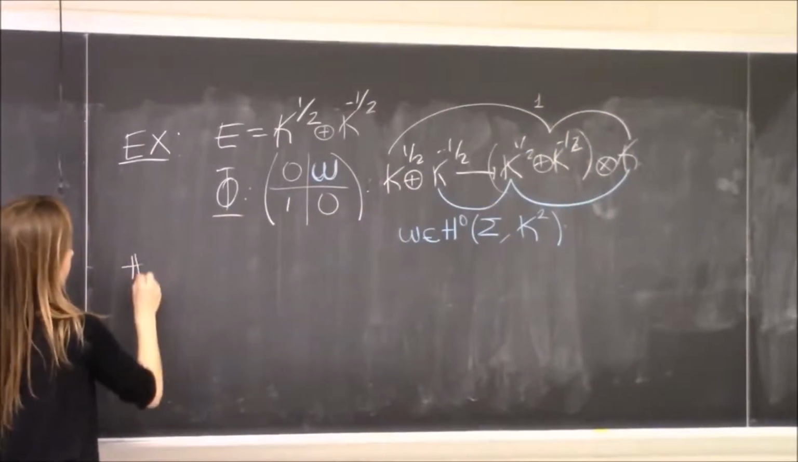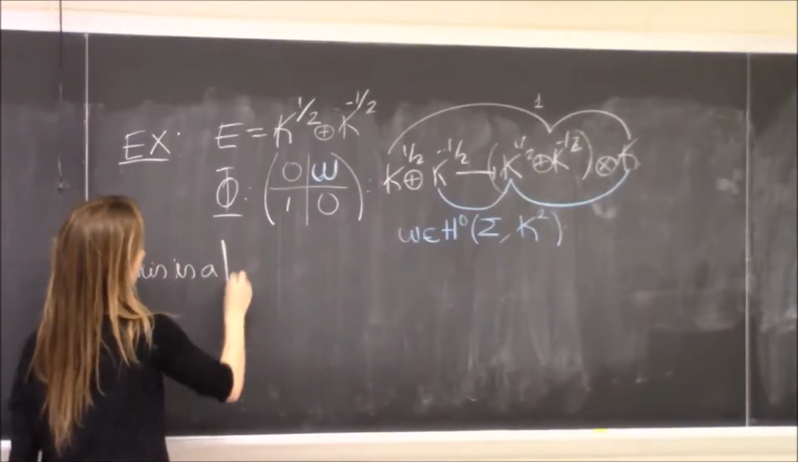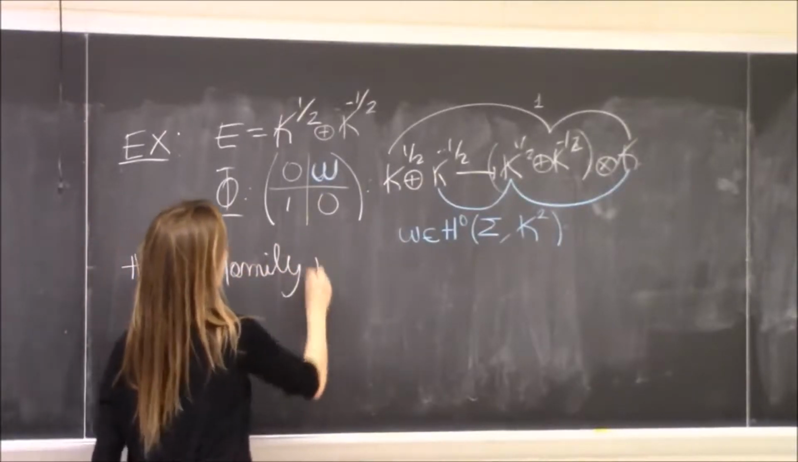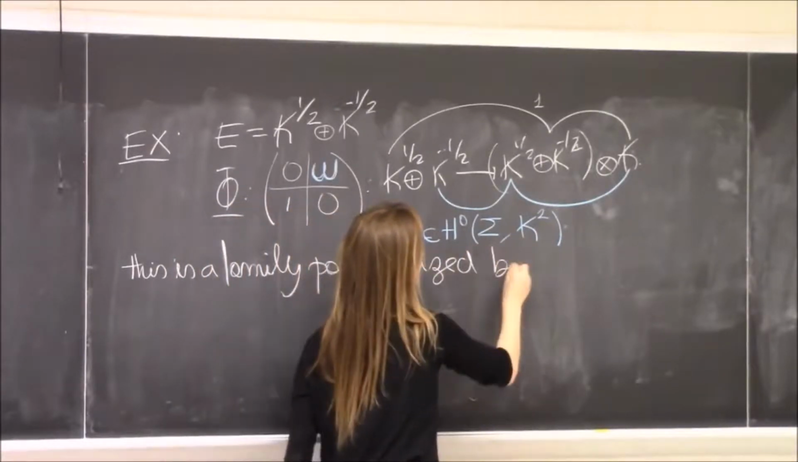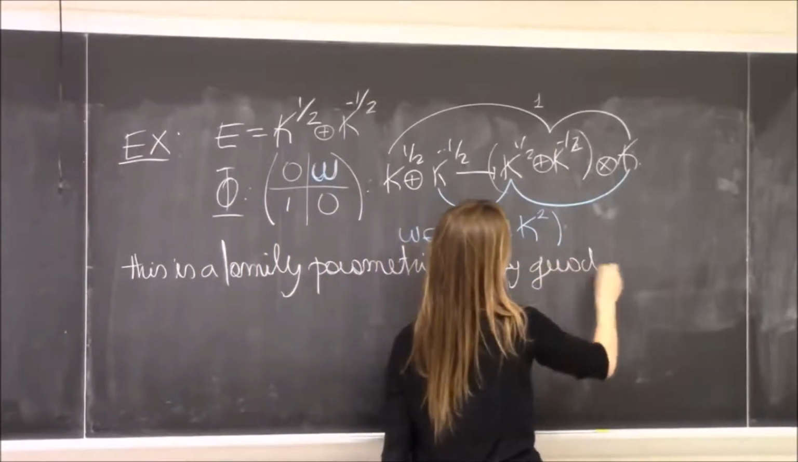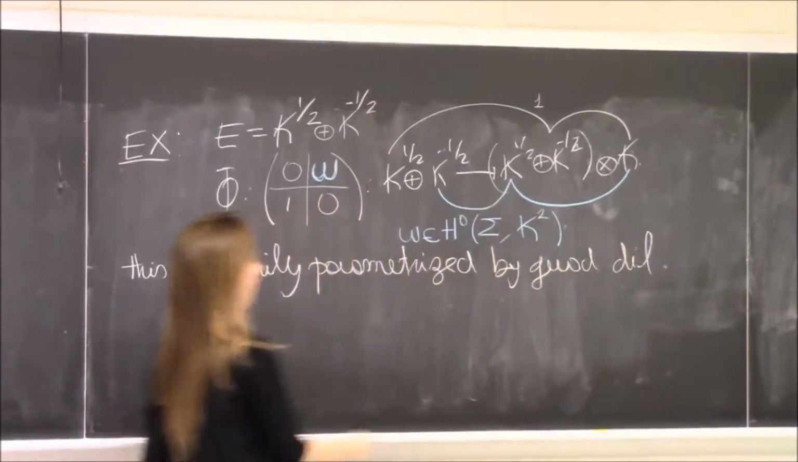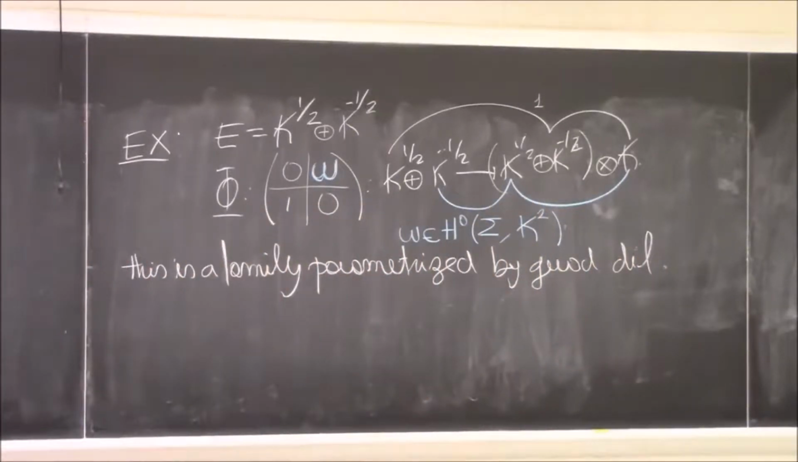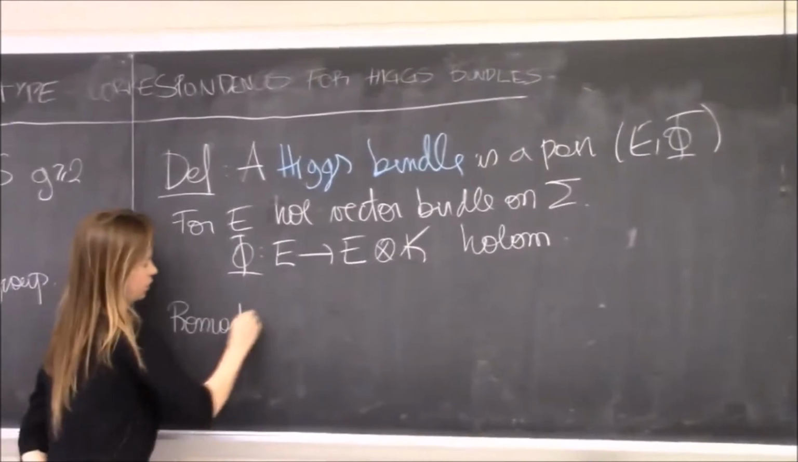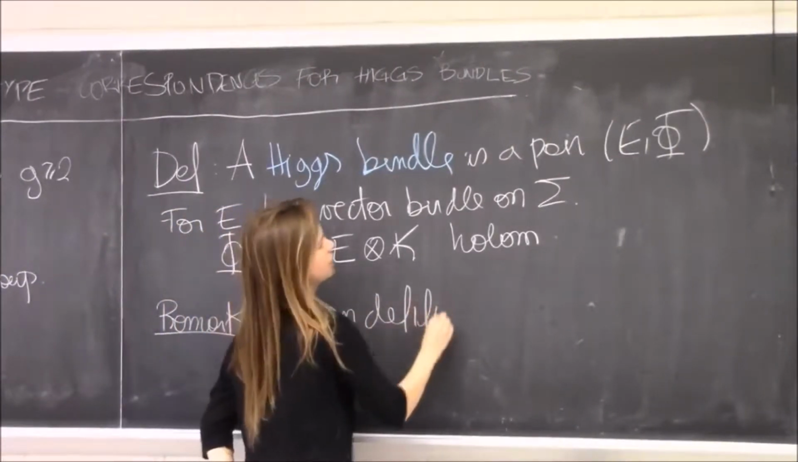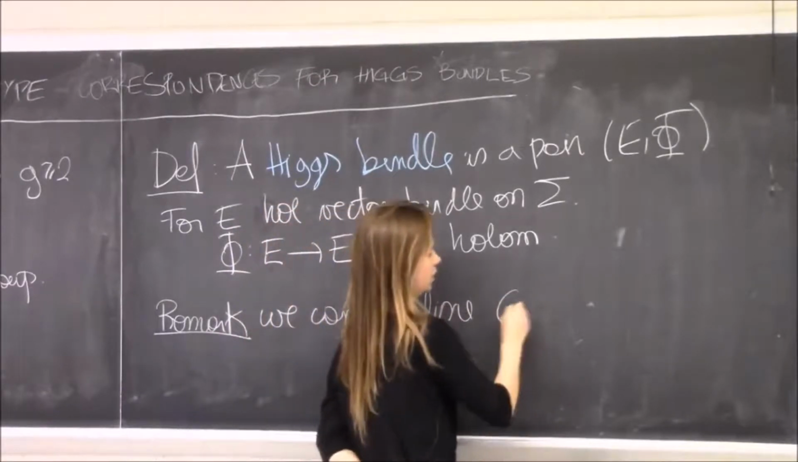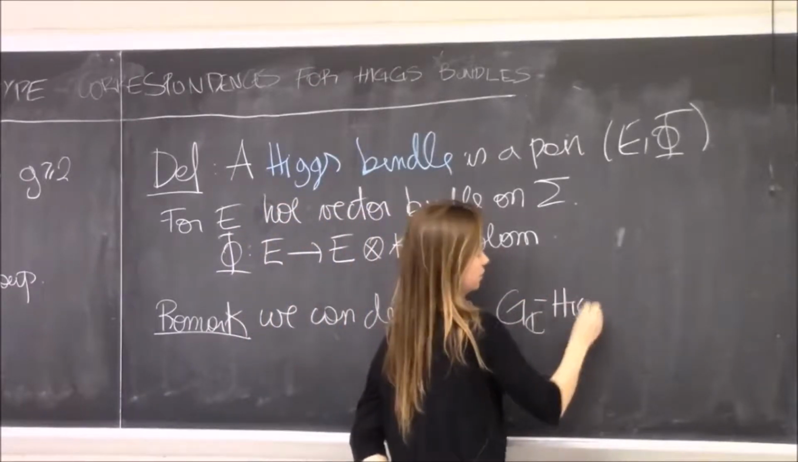So this is a family parametrized by quadratic differentials. And when we generalize these to principal bundles, the only thing that I want you to think about here is that we can define GC Higgs bundles, so GC Higgs bundles,